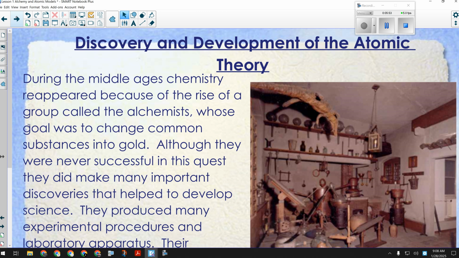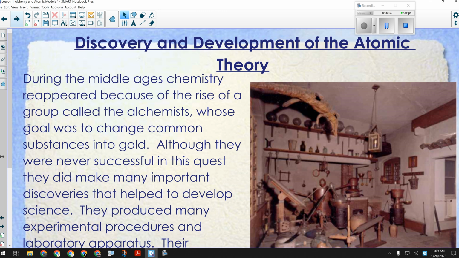Now, during the Middle Ages, a lot of stuff was discovered about the behavior of matter, okay? Properties of matter and behavior of matter. But it was done very secretively. It wasn't scientific work. It was trial and error work. And it was done by a group of people known as the alchemists. Okay? And the alchemists were trying to do things that we now understand to be impossible, okay? But of course at the time they didn't know that. Okay? They were trying to do things like